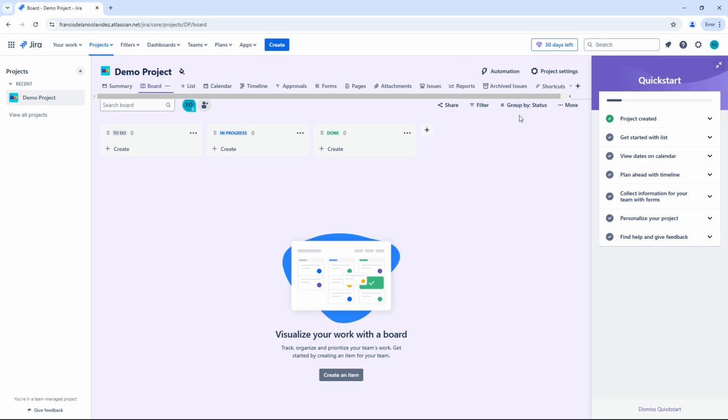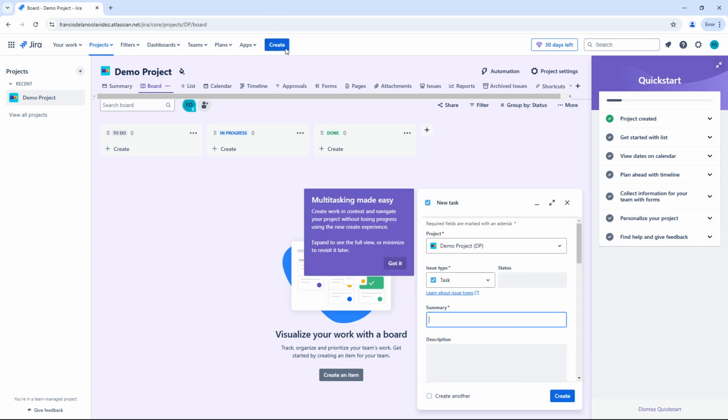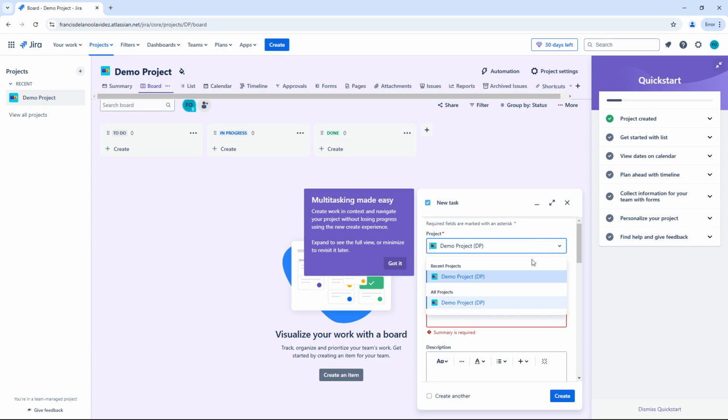All right, so to get started with Jira, product management in Jira involves using its tools to define, plan, and track a product's life cycle effectively. So setting up a Jira project for product management, first up, we're gonna try to create a new project. So here you can click on create, and then you can choose a project type. So here we have the demo project, and then you can issue a type or task, and then set the